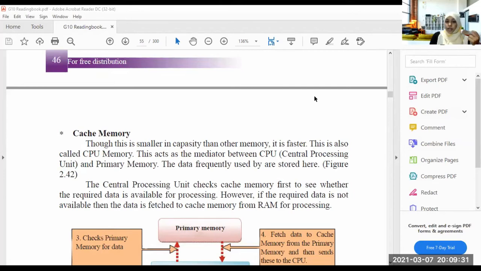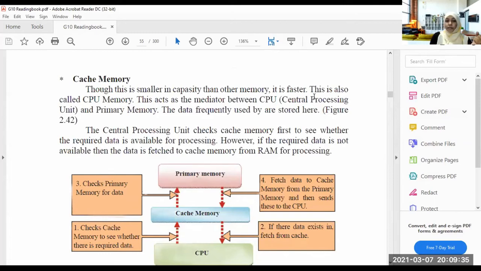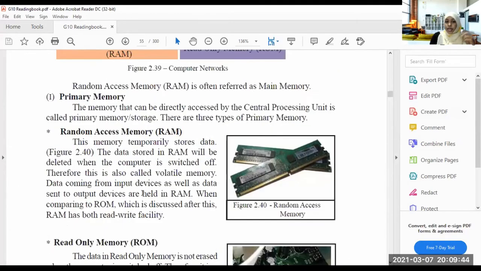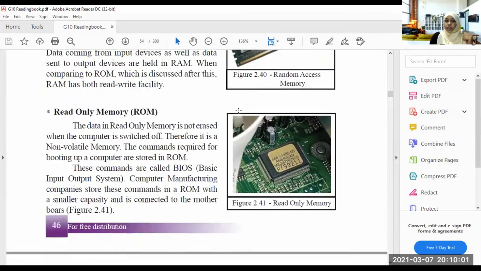These are main memories. Now let's go to the cache memory. Cache memory is an interesting one. So this is smaller in capacity than other memories. When you are buying RAMs, there are capacities like 8 GB, like 16 GB. You can buy these RAMs, okay? But ROM is in small capacities. You are not buying these ROMs. You can buy RAMs externally.